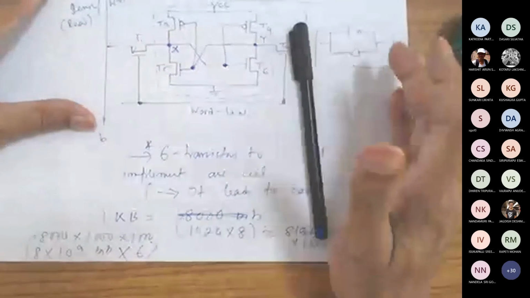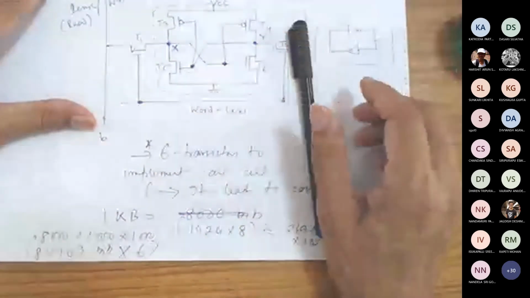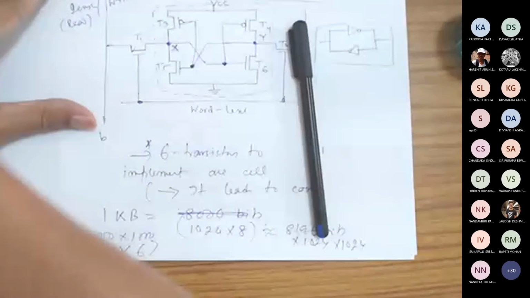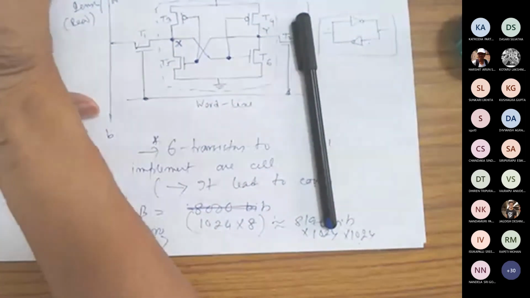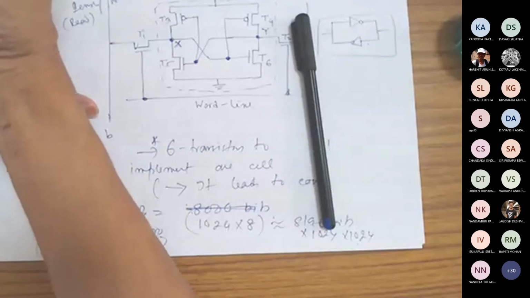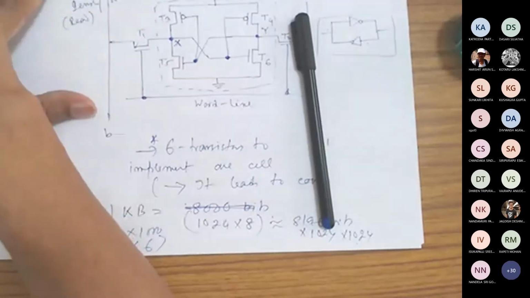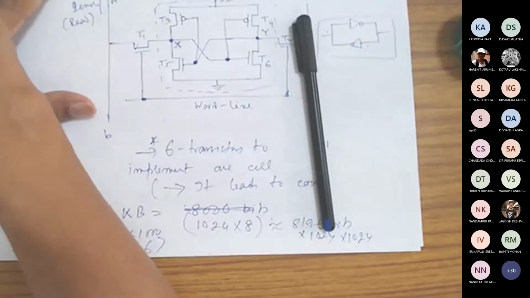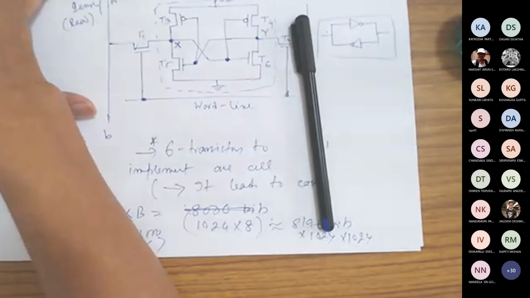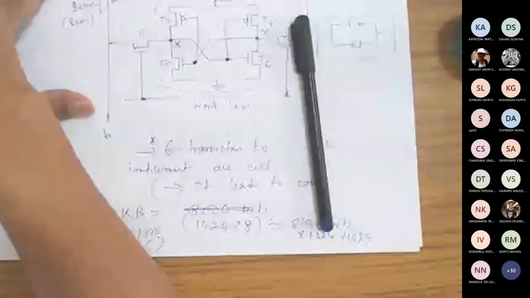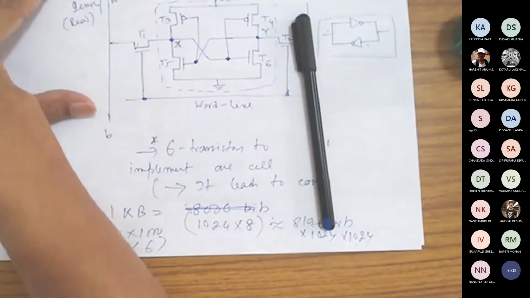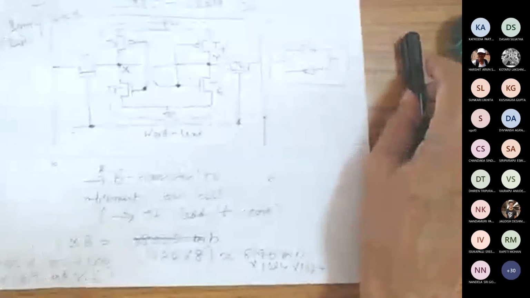You have 64 registers. Every register is 64 bits. So 64 into 64 into 6 transistors. That's fine, okay. Anyway, we know that a particular processor requires maybe 1 billion transistors. Okay, that's fine. And even for that, you know that the cost of the processor is very high. That is the reason why it is costly. It's because of the number of transistors, and its floor planning and other things also.